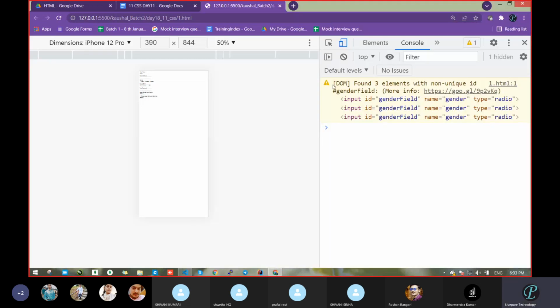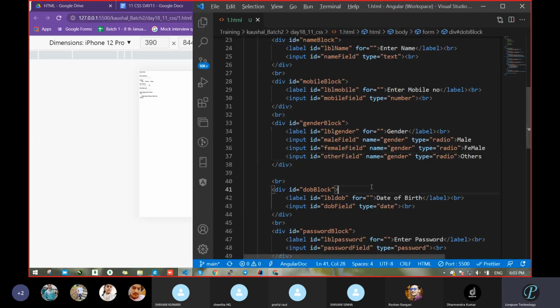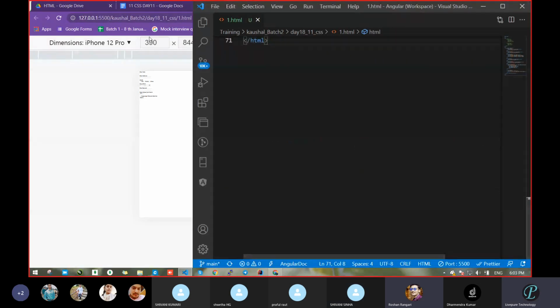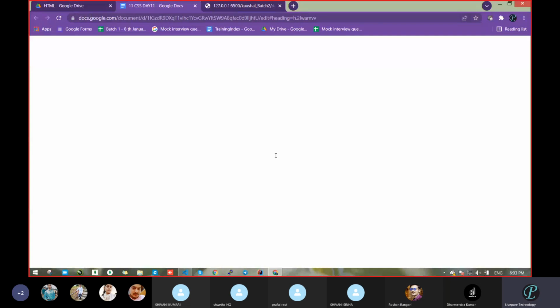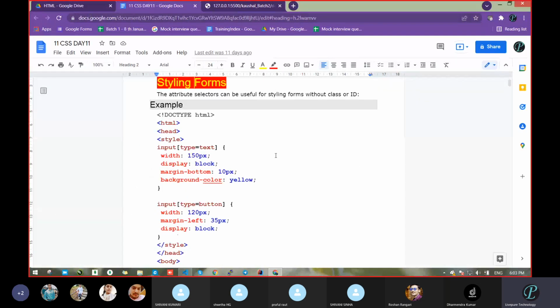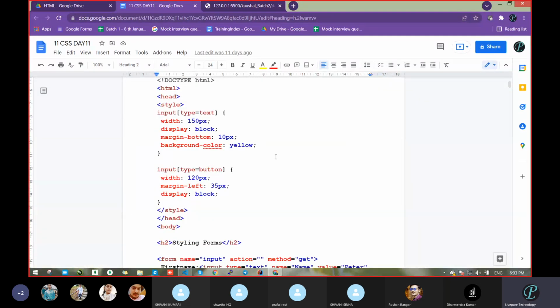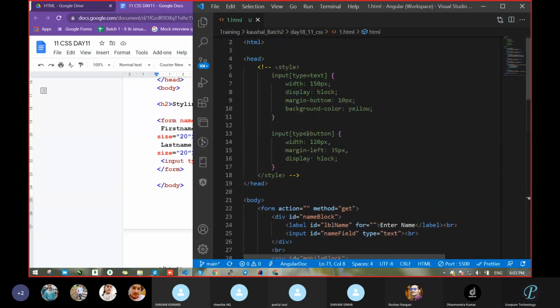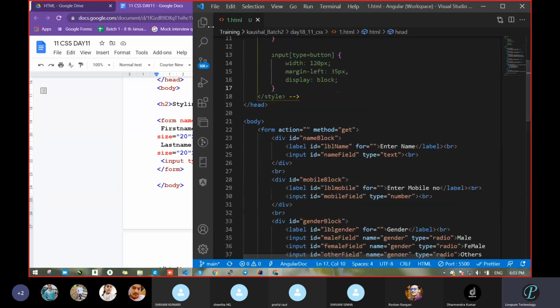There, DOM. DOM means, now the warning is gone. And object model. Yeah. So that is document object model. Clear? So we designed our form. Just let me check where is that method, action. That is method itself. Yeah, we passed method also.